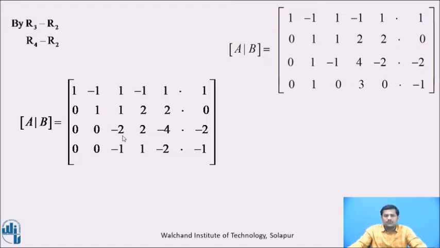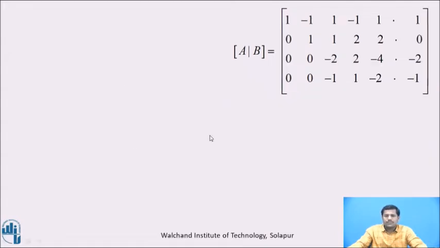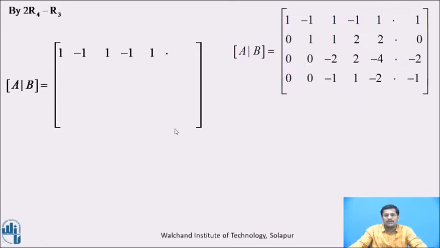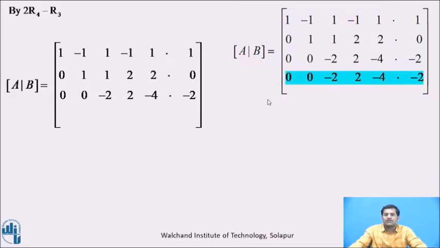Now next, let us shift towards the next diagonal entry, which is minus 2. Then try to convert the elements lying below that diagonal to 0. To convert this entry to 0 using this row number 3, we will perform the row transformation 2 times R4 minus R3. Now the resultant augmented matrix will be, in which these first 3 rows are as they are. Now this row number 4 is going to change according to this transformation. When we multiply row number 4 by 2, we get all these entries. So we can see that both the rows are identical. So when we take the subtraction, the last row is reducing to 0. This is the